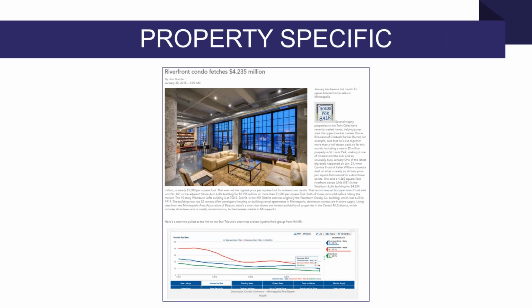You can create a property specific set of metrics. So for example, you've got a new construction home or a newer construction home and you want to talk about the strength of newer homes in this area, or the limited supply of them, or the fact that this home is priced under the average of others in the neighborhood. You pull the relevant information out of Infosparks and you can add that to your listing brochures or to your open house flyers or to blog posts introducing your new properties for sale.